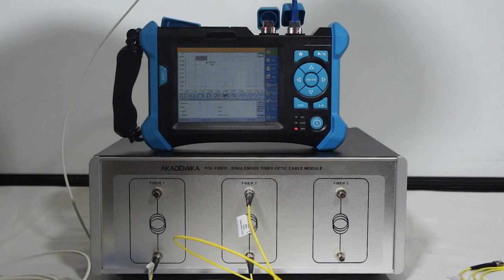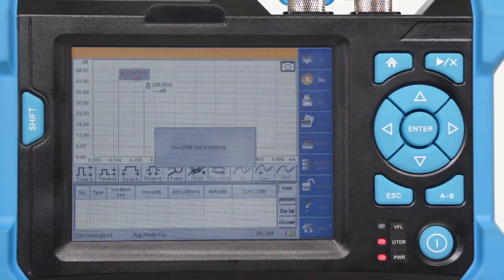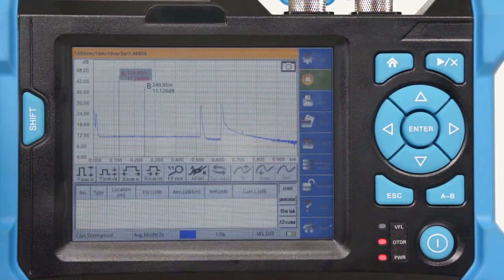As discussed earlier, the OTDR parameters like the wavelength, range, pulse width, average time and IOR are set as shown. Then we run the OTDR and see the OTDR trace. The OTDR displays the power of the reflected signal related to distance. The OTDR measures the position of events, the attenuation coefficient of the fiber, and the loss of a single event.